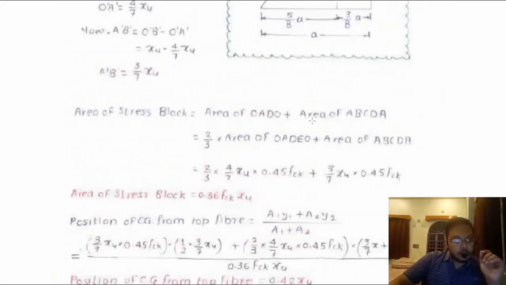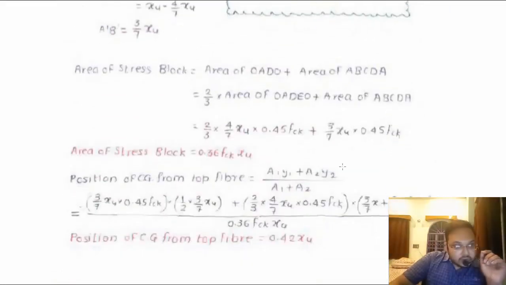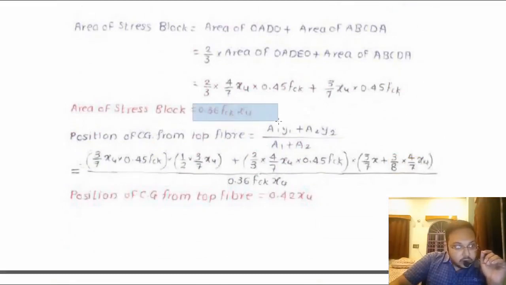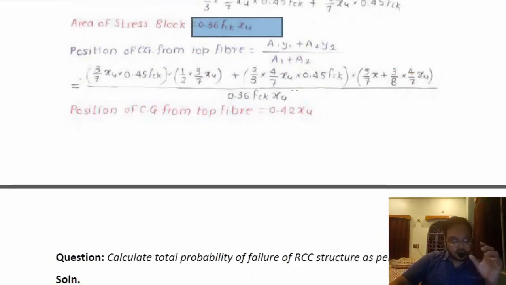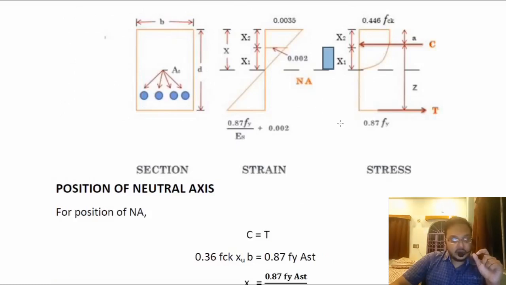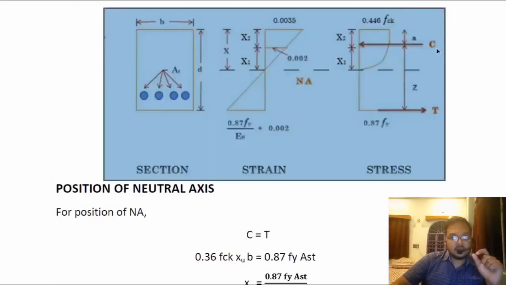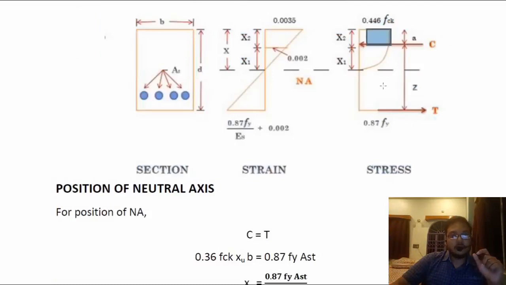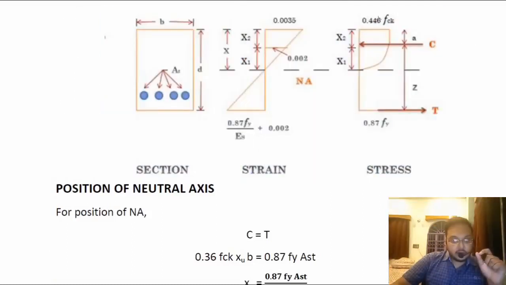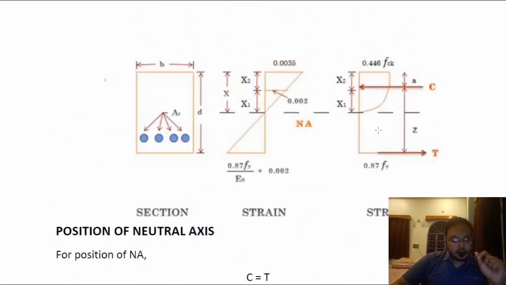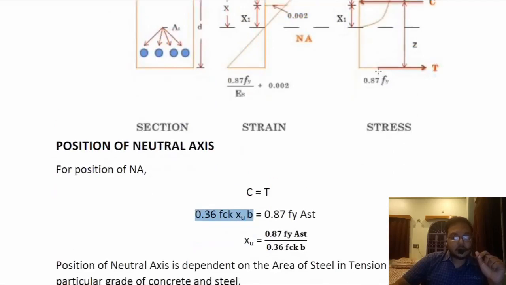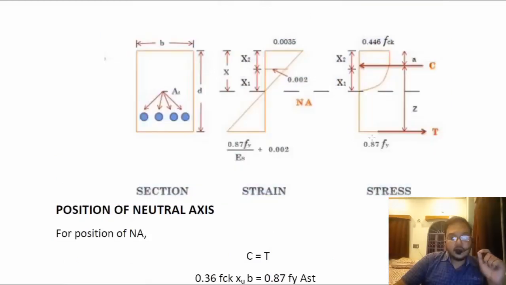So the amount of force that will be acting is equal to the area of the stress block, 0.36 FCK XU, which is the amount of stress acting, multiplied by the breadth, which gives us the total force C. So for C I can say that 0.36 FCK XU B will be acting over here. Now similarly, if I consider the tension part, represented by T, 0.87 Fy